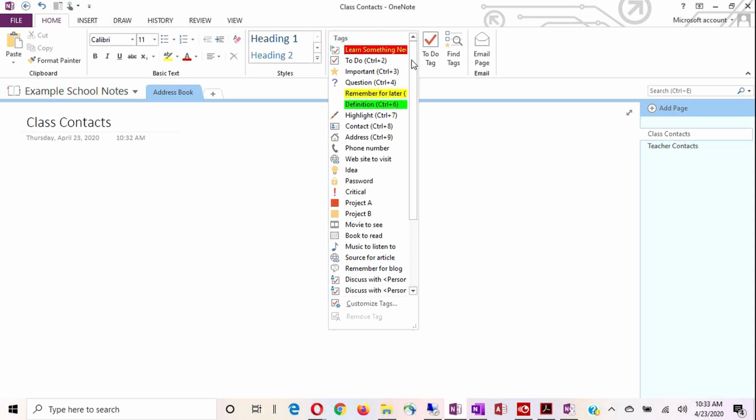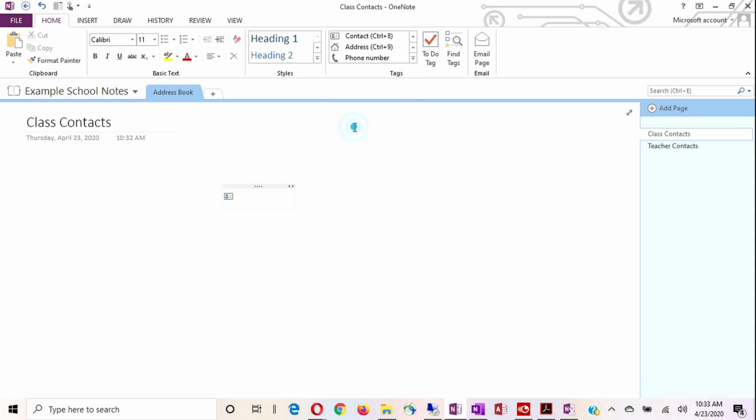And I'm going to make this a contact. I'll say my first contact, John Deere. And then I can add an address. If I have an address for John Deere, I can click the address and make this an address. Say 123, and there's my first contact with the address, and I'll come down here and I'll add a second contact,